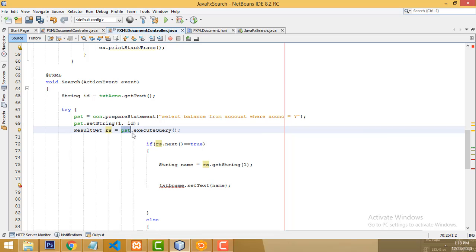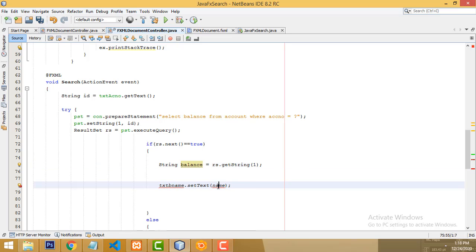You have to run this query, prepare statement dot execute, means this query will be run and get the result. We have to check the result. If RS next equals true, if the record is there, we write RS get string 1, this is record 1. The result is assigned to the balance variable, which holds the balance. You have to call this balance variable below.